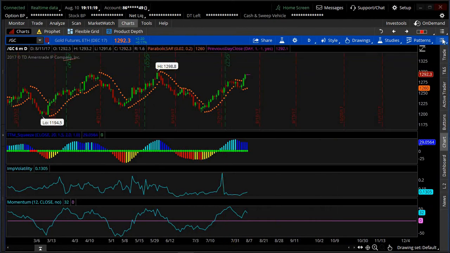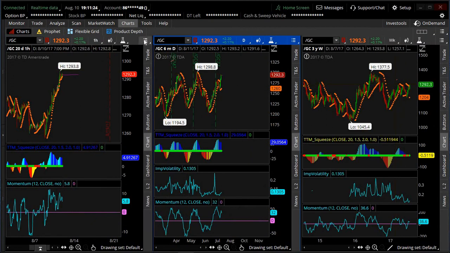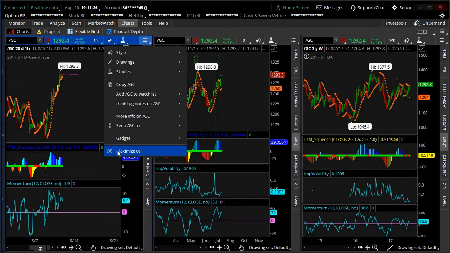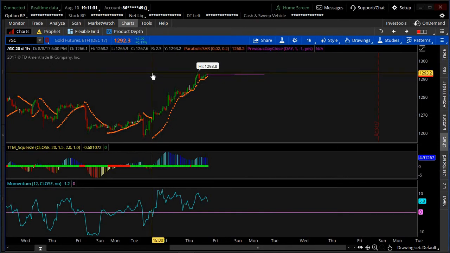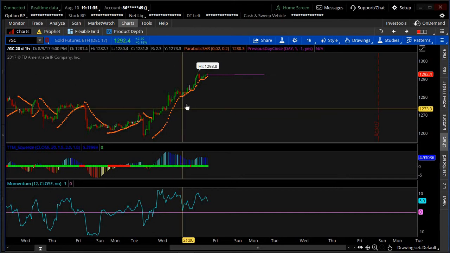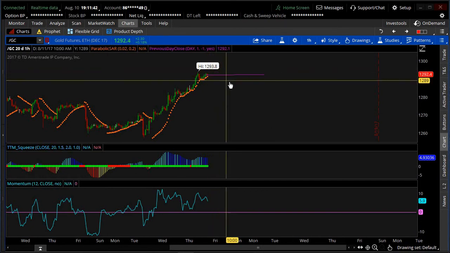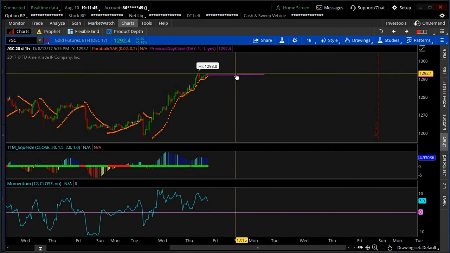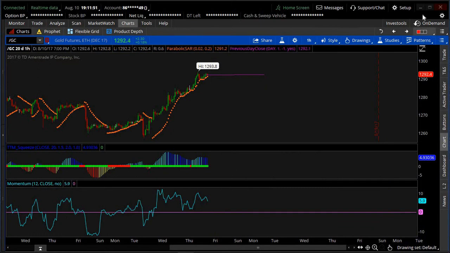All right, and if you look at the hourly chart, we are way up here, 1290. This thing marched right up over the past couple of days or so. So who knows? It may trickle sideways, it may pull back a little bit here. We'll see what happens over the next couple of days, but I believe within the next week we should break this $1,300 barrier. So with that said,